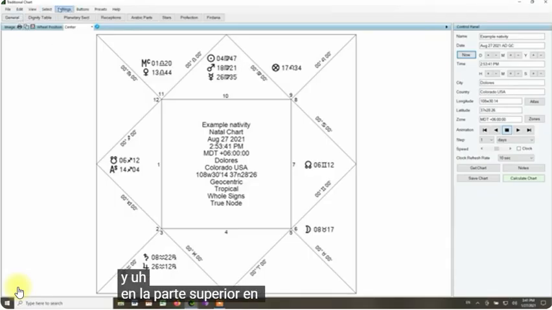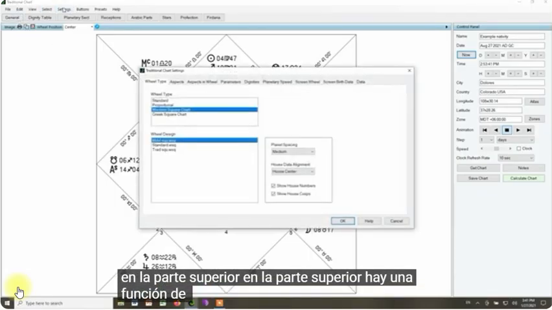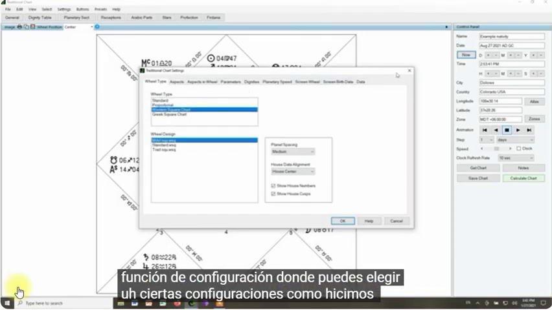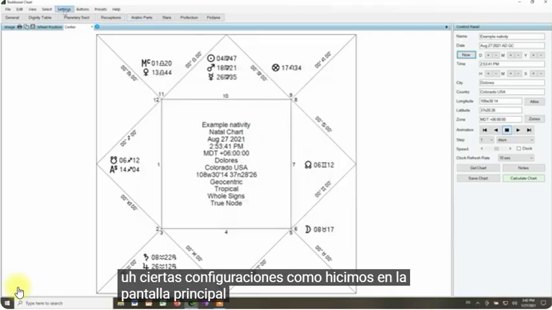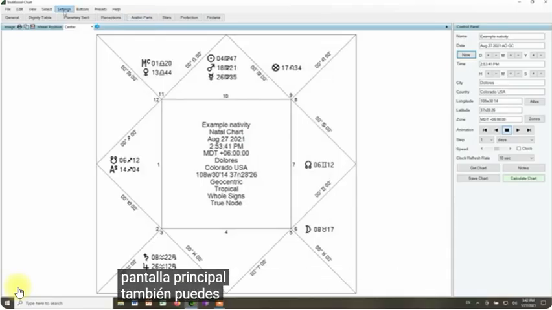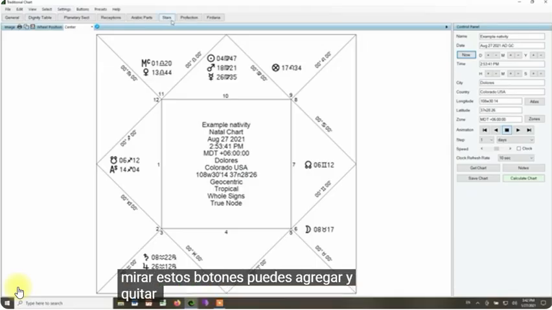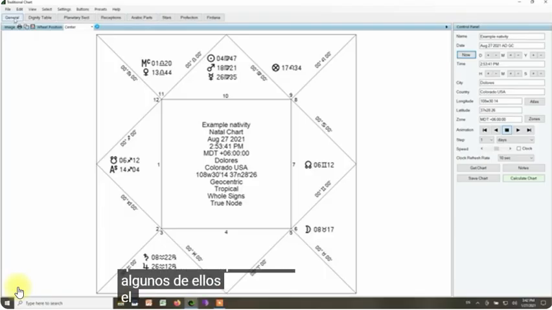And up at the top, there's a settings feature where you can choose certain settings like we did on the main screen. You can also look at these buttons. You can add and subtract buttons here. Let's look at a few of them. The general button